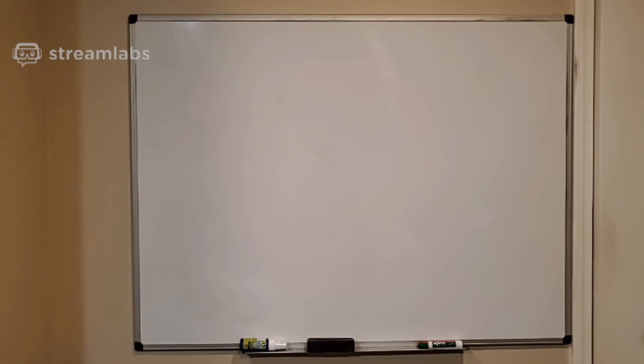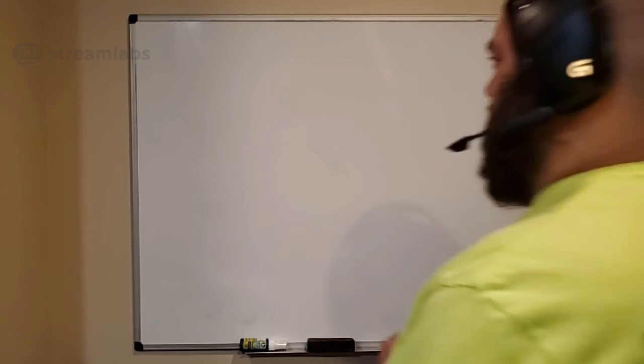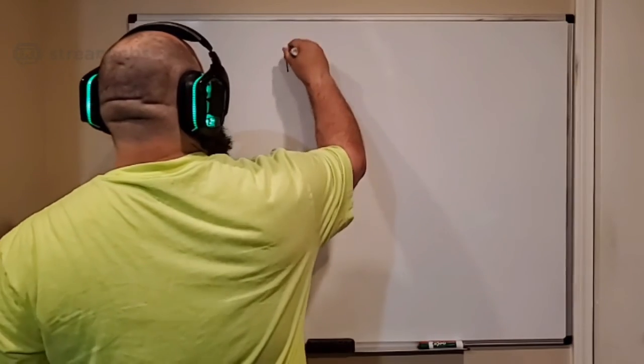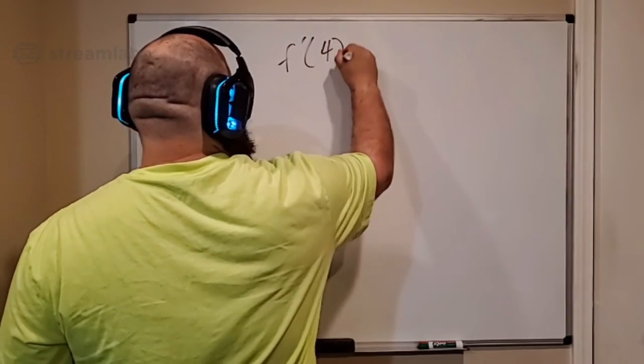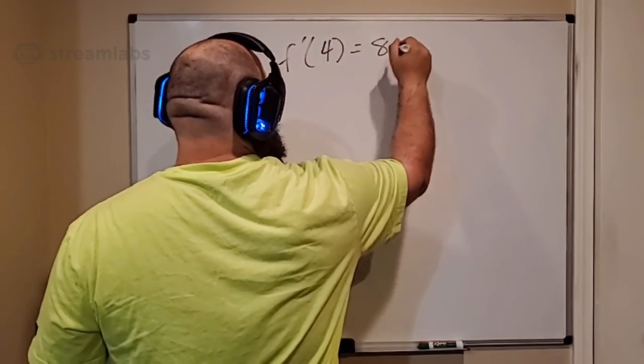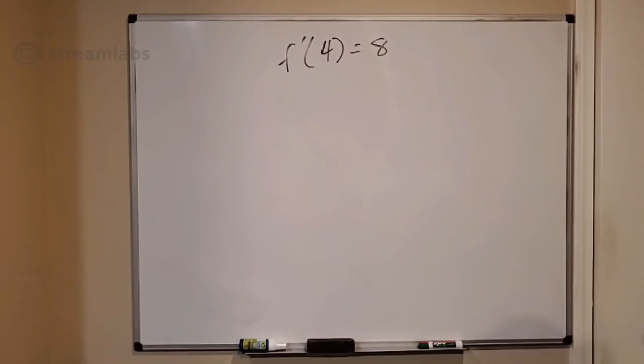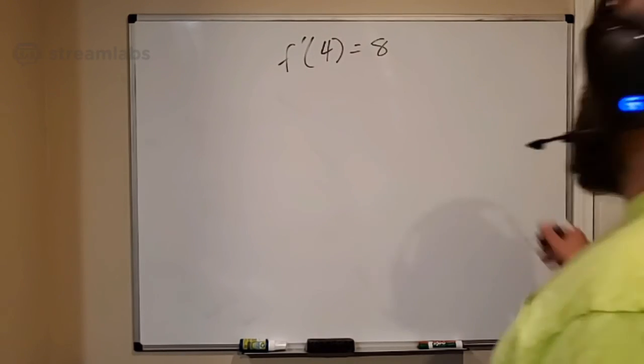That doesn't really use the MVT though. That's weird. Okay, so here's what they basically do. So if f prime of 4 equals, what was it, 8.25? 8.5. Then what they want you to make the connection is if I do this minus